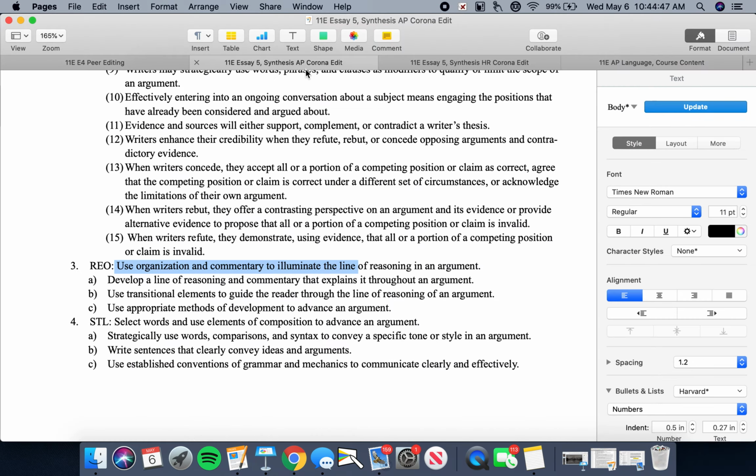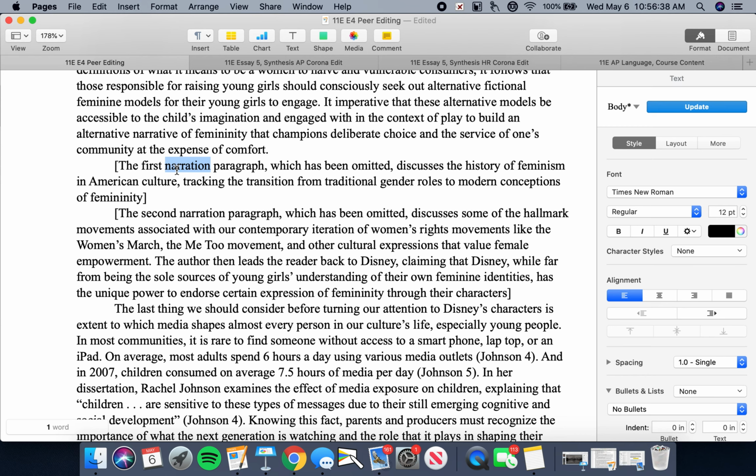Right? So should yours be. All right, this is a wonderful closed thesis statement because it prepares the reader, me, for precisely what is coming. All right, in the first narration paragraph, the student begins by zooming out a little bit, by broadening the scope and talking about the history of feminism in American culture generally. This is not a long, like 5-page summary. It's a brief one paragraph conversation about the history of feminism in American culture.